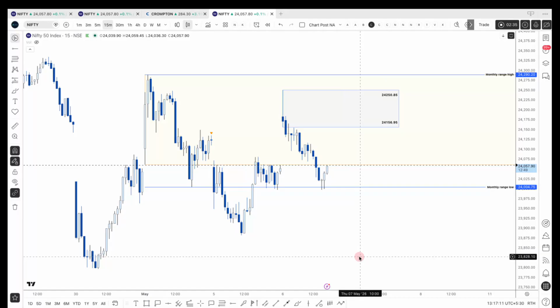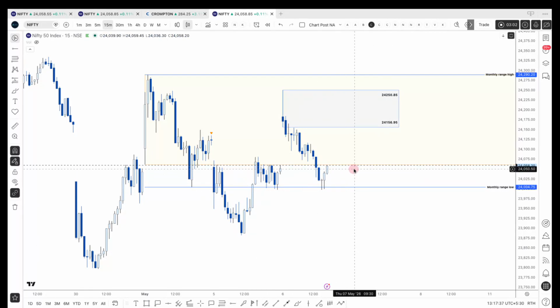Now, for this particular video, I will just explain what to do with Nifty if it gets inside this range again and takes the support of 24,060. It's a good buy signal here, and the targets will be 24,155 to 160. But if it is rejecting and going back, then it is a no trade zone between 24,060 to 24,000, around 60 points of range here.